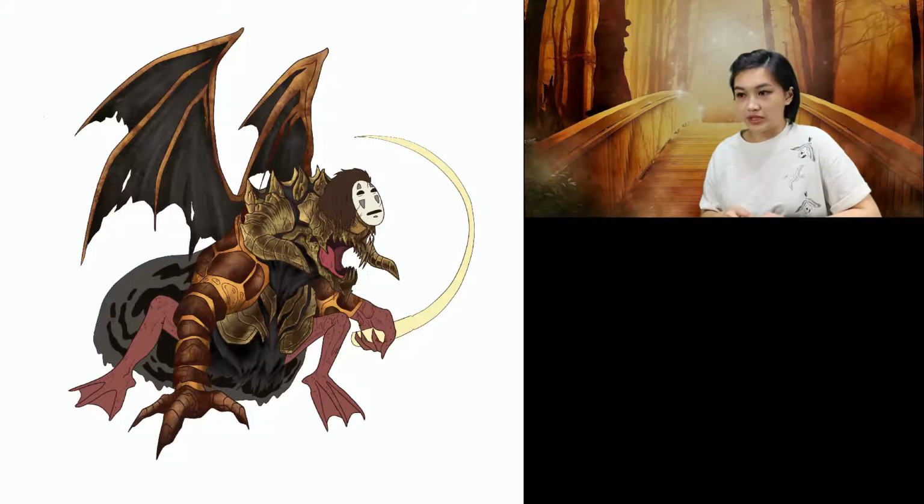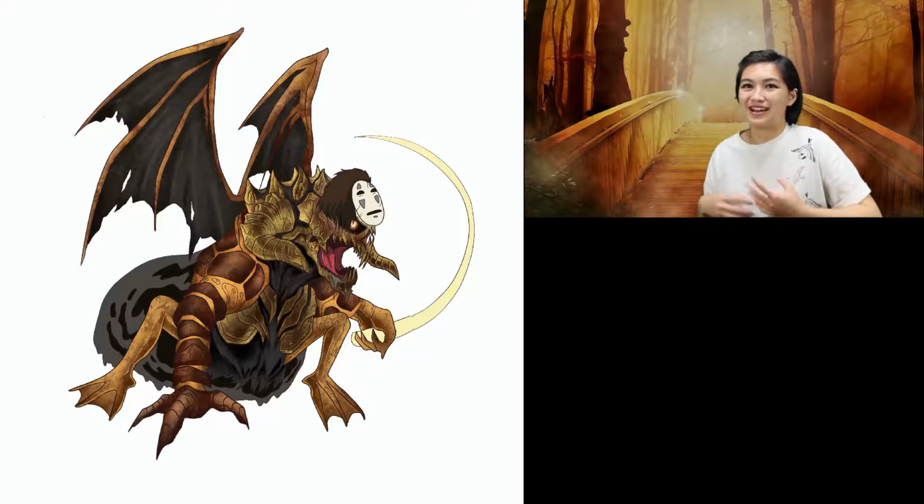No-Face is an interesting character because as humans we can definitely relate to this idea of surrounding yourself with others who could change the way you act towards others. If you surround yourself with toxic people, you might be a toxic person yourself. There's also that saying, you're more like the five people you surround yourself with. So in a weird way, No-Face literally took that to heart when he ate all these people.